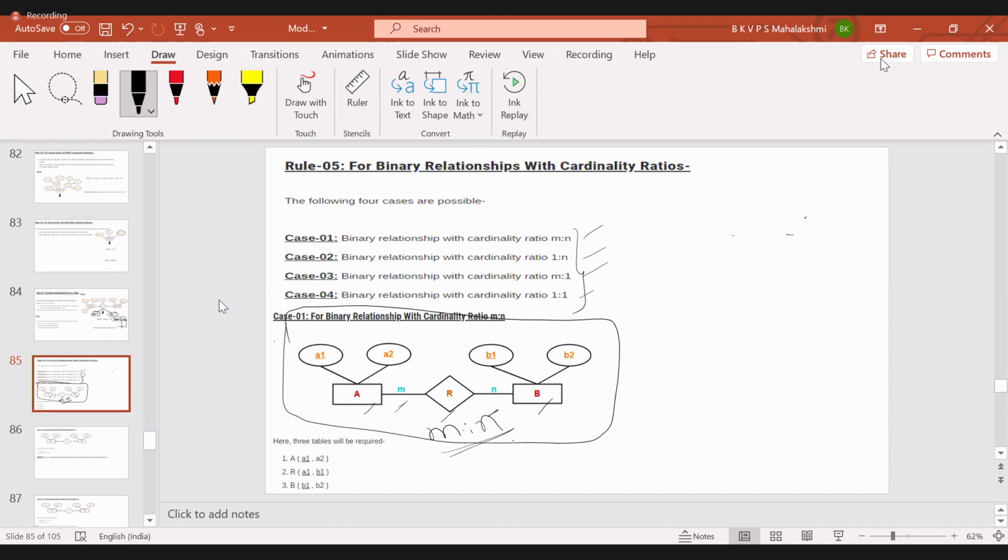Whatever ER diagram you have drawn, consider that one and try to convert it into tables. I have not even taken any application here because I have already given the applications to you all, and you have submitted the assignments also. The first experiment was done anyhow, but again we have to know how to convert into tables. That is why I'm not even mentioning the examples here.